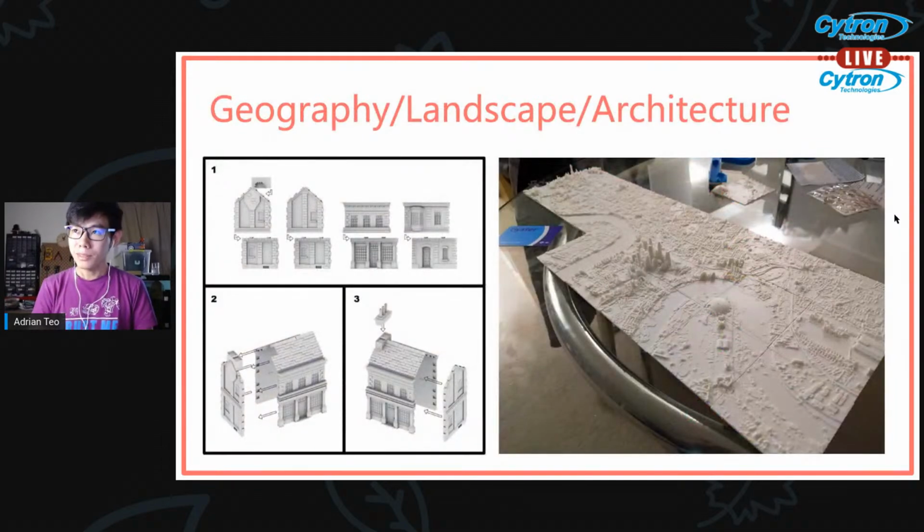Okay. Geography landscape. So this is done by design students, by architects, and also you can use LiDAR and bounce out an entire area and obtain the points, the 3D model of a city, and print it out physically. So when you go to a showroom, they usually show you the architecture of the building and things like that. These days, there are a lot of 3D printers being involved in